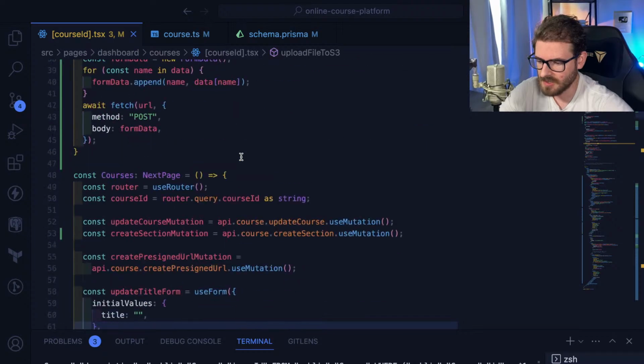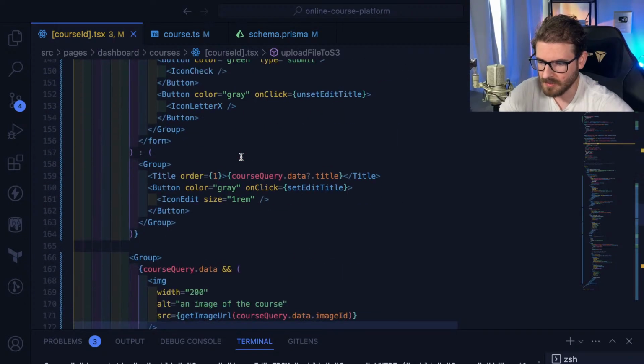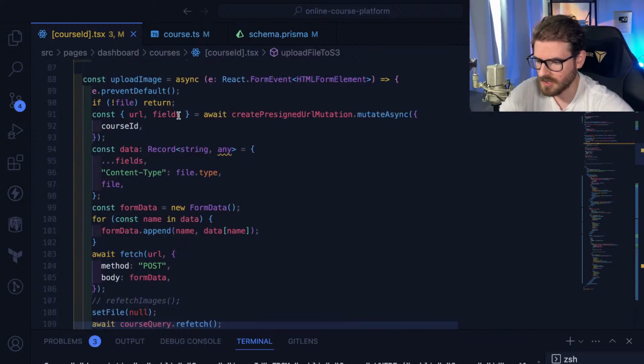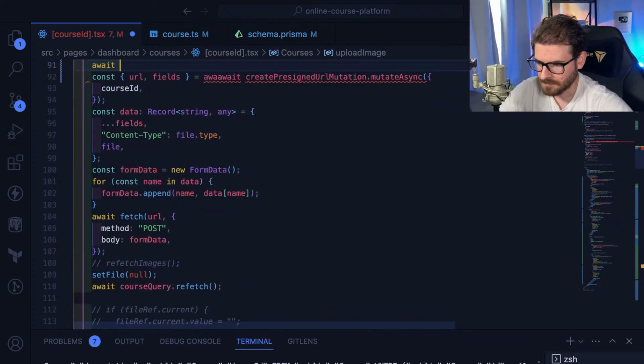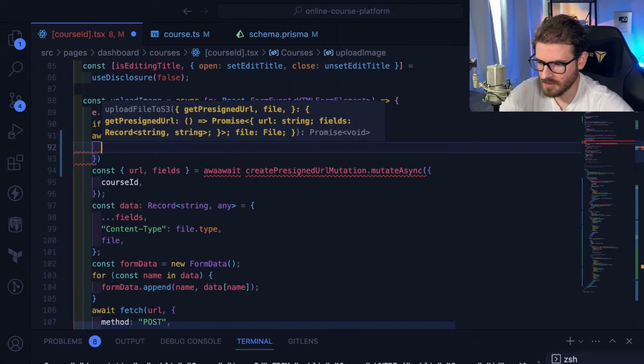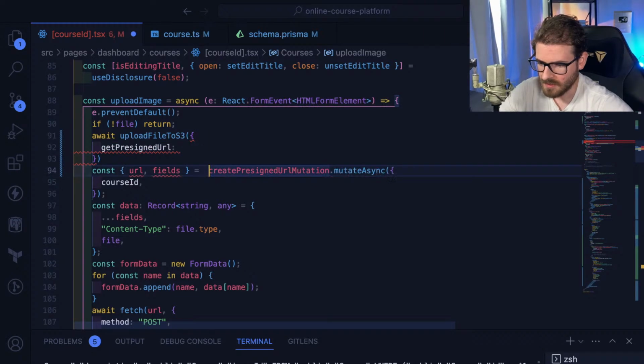All right, so let's see if this works. I'm going to try to, first of all, use it down below. Let's just use it here. So we check if there's a file. If not, we can call await on this function. This thing needs to